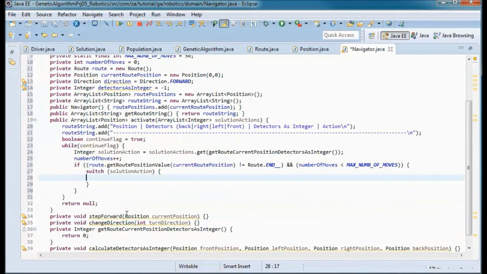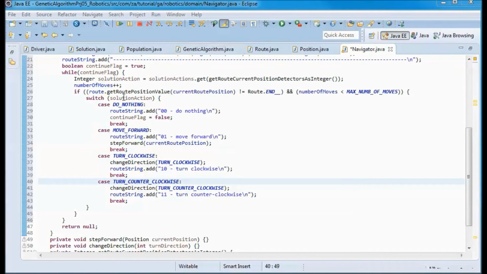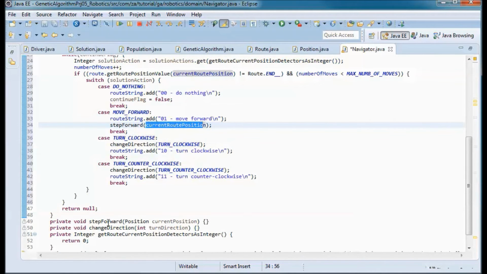So now here in this switch statement, I'll have the case where the action is do nothing, meaning 0, 0, or move forward 0, 1, or turn clockwise 1, 0, or turn counterclockwise 1, 1. And in case it's do nothing, I'll set the continue flag to false. In case it's move forward, I'll call step forward, passing in the current route position.